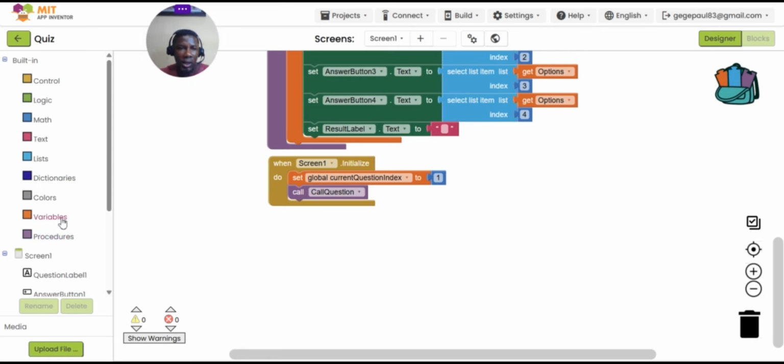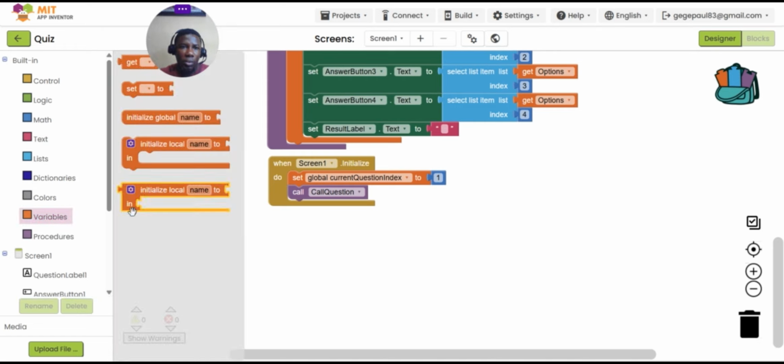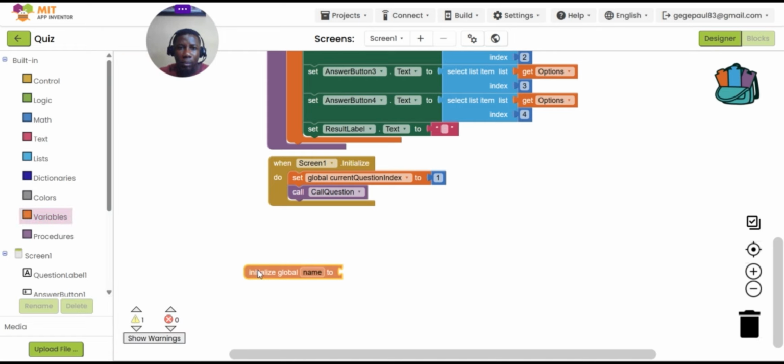So to do that, just like every time we initialize variables, we'll go to the variables block and then we pick the block that says initialize global, and very quickly we just need to change that name to global answers. So we'll type answers,